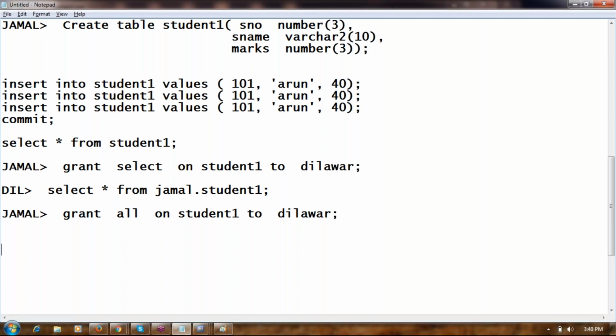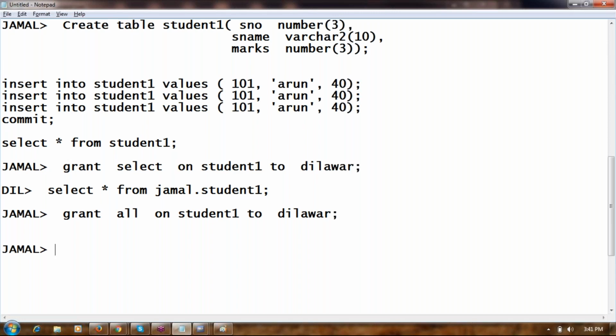What if the whole schema access is to be given? No. It's only for a specific object. You cannot give whole schema access to another user. It's only for a single object. The object can be anything else also, just like a view. It can be any other object, need not be only the table.